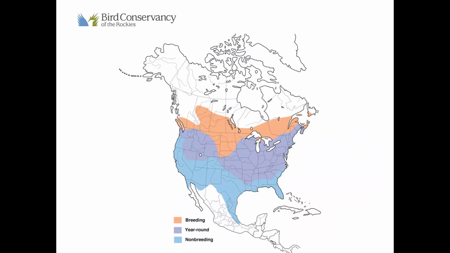So a range map looks a lot like this. This is the range map that you would see on the Merlin Bird ID app. A range map will tell you what time of year the bird can be seen in. The range map is really important when you are learning. I know when we are teaching our kids, especially during summer camp, how to identify birds, we'll be looking at a bird